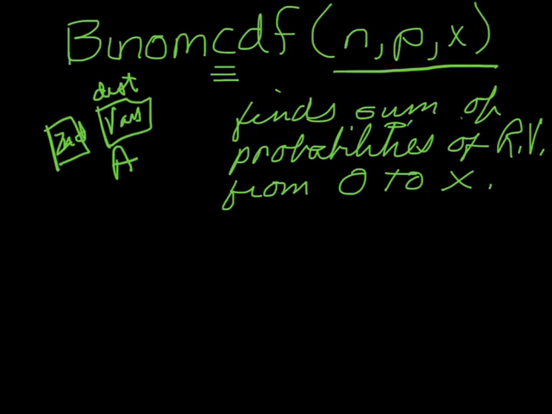But what does the CDF do that the PDF doesn't? The PDF is an exact probability, so it finds the probability of exactly 0, exactly 1, or exactly 2 successes. What the CDF does is it's a cumulative probability. So it finds the sum of the probabilities for the random variables for 0 up to x. So if I go to my calculator